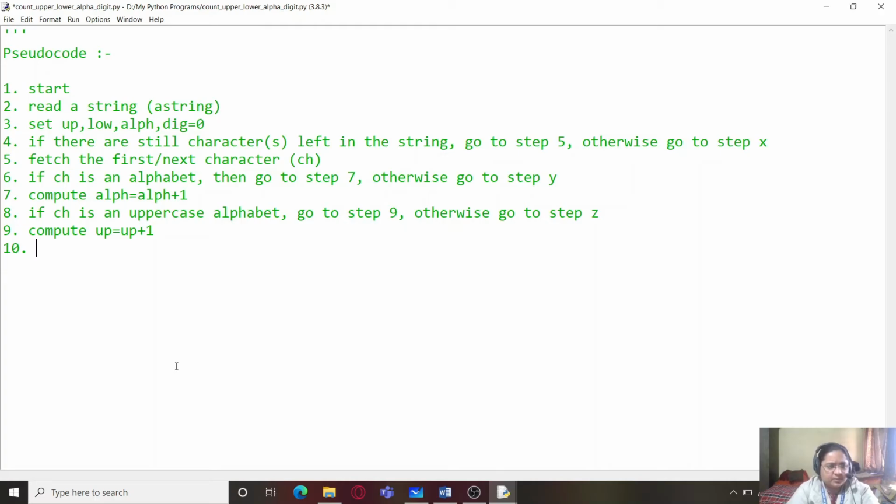And if suppose it is not, we are going to simply write here compute low equals low plus 1. In case it is not an uppercase alphabet, then we will be going to step 10, or what we will do is we'll make step 10 something else.